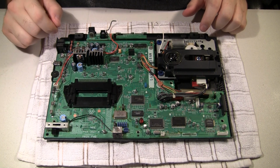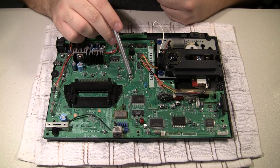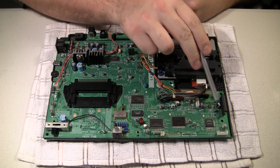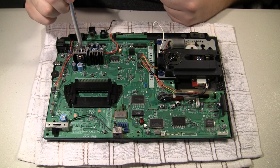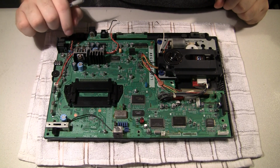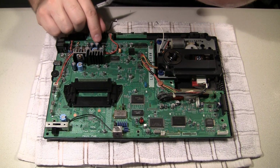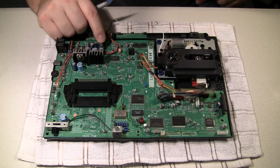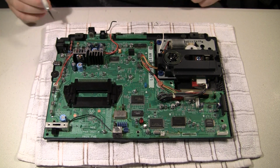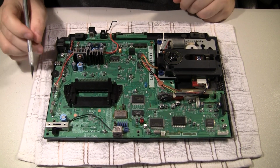as you can see, there are a lot of caps inside the Turbo Duo, but the ones that we're really interested in looking at are these surface mount ones, and there's a bunch of those. There are some through-hole caps, which we will replace also, but never seen one of those go bad. They are pretty good quality. Can't see a manufacturer. That one looks like Elna, and the light blue ones are Rubicons. The black one's Rubicons, which is a really good brand. No idea about the surface mount,